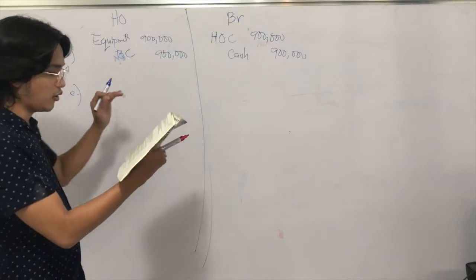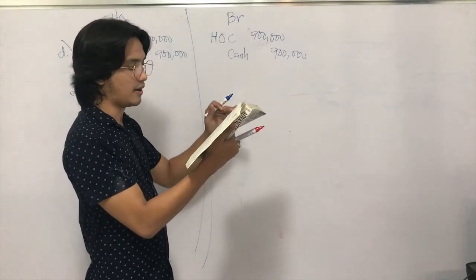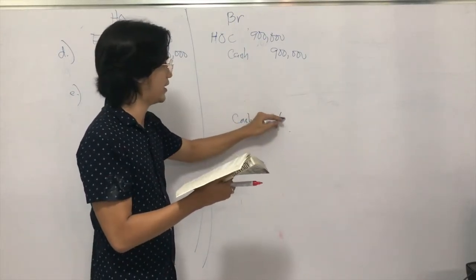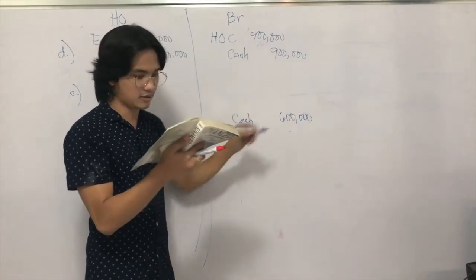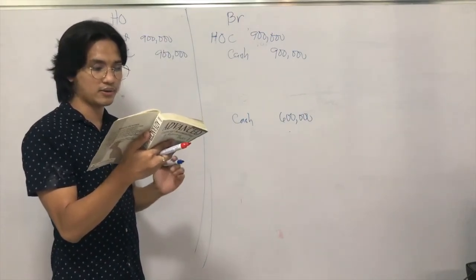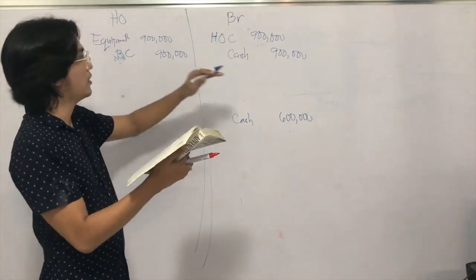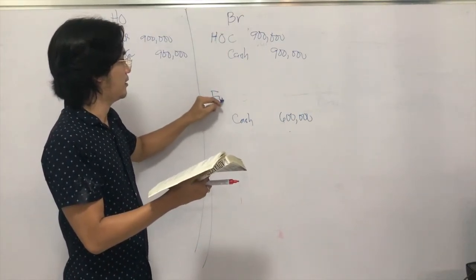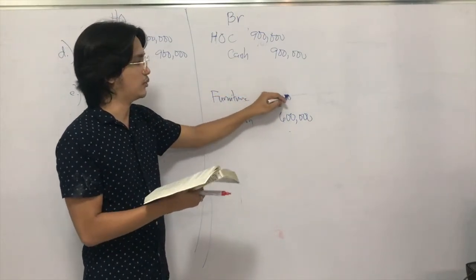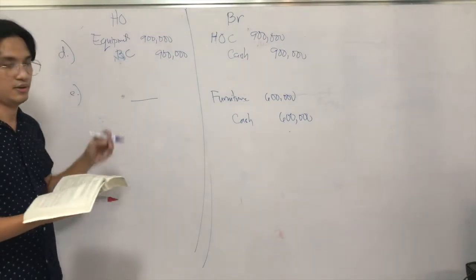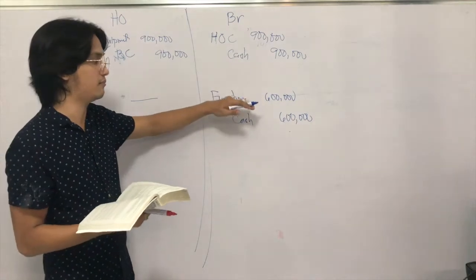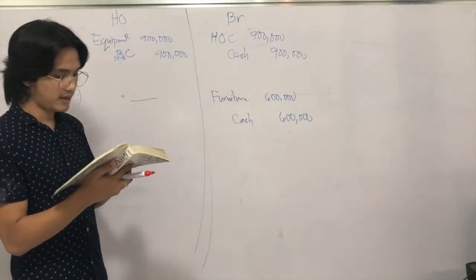So letter E, who pays for it? Acquired by the branch. So credit cash amounting to 600,000. In whose books is it recorded? The branch records the furniture in its books. So, the furniture is recorded in branch books, 600,000. What would be the entry for the home office? No entry, because it's paid for by the branch and carried in branch books. Next, letter F.